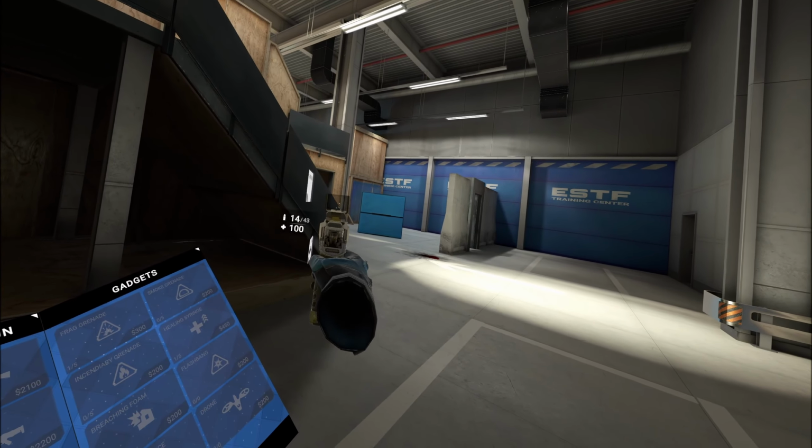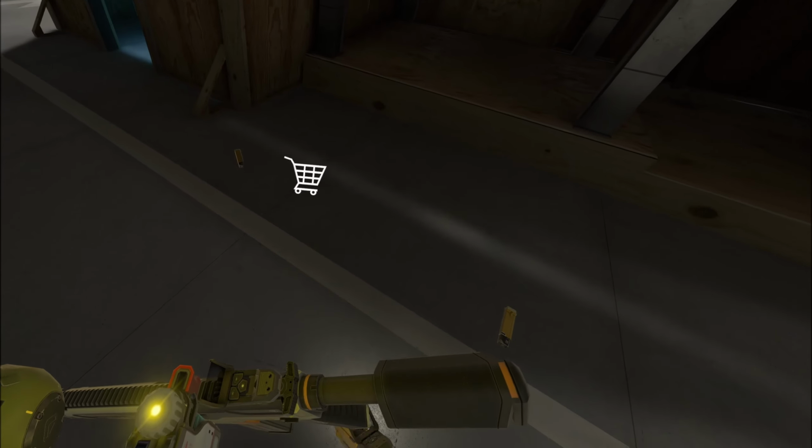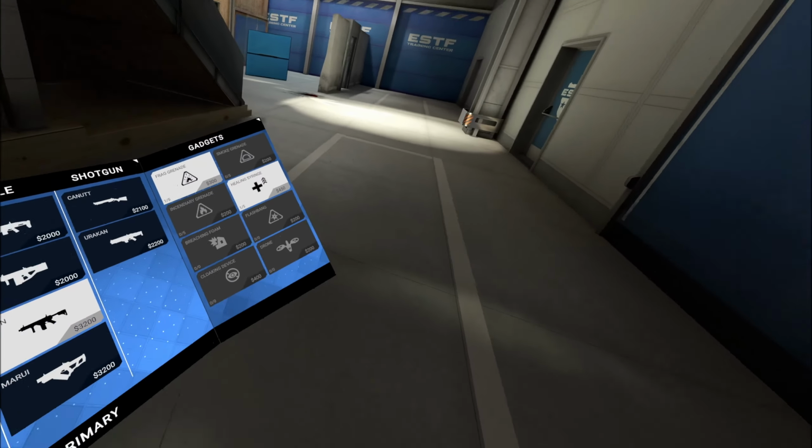It's pretty accurate too, even with one hand. So, it's pretty good. It only costs 500, so you could buy, like, static with it, which I can't do, but...